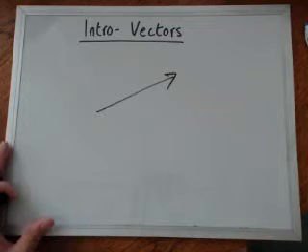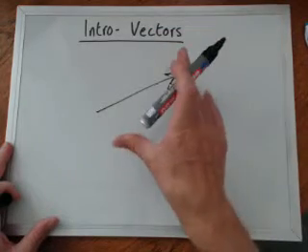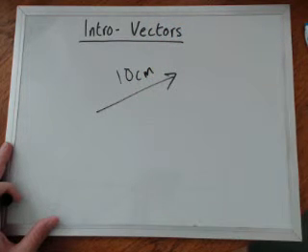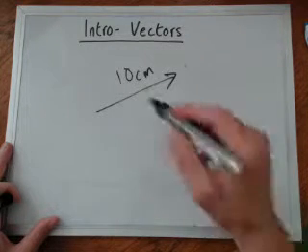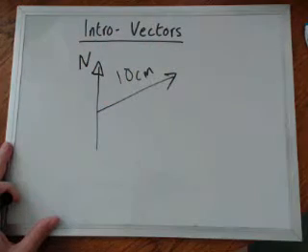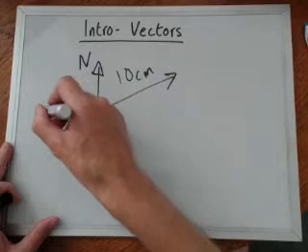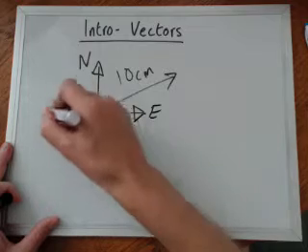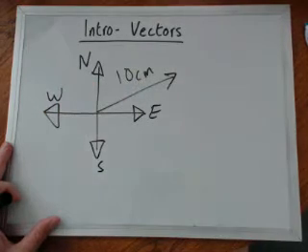Now, to give it an idea of size, let's say that is maybe 10 centimeters long. Okay, and what is the direction? So we'll create a reference for it. We'll assume, as often is the case, that north is towards the top of the board, and then we have, of course, north, east, south, and west. So we can define that vector as having a size of 10 centimeters in the direction somewhere between north and